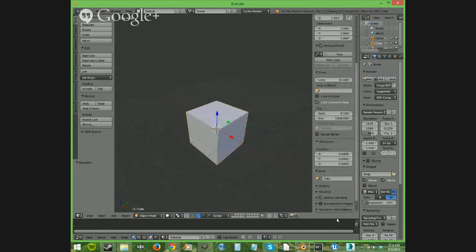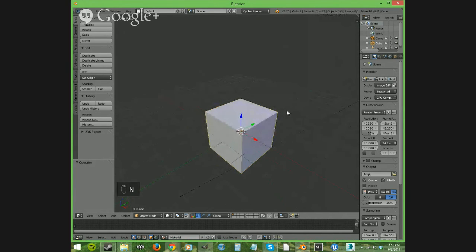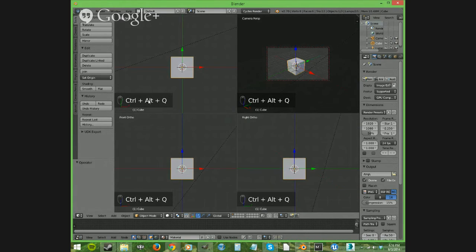Now this one's a bit more difficult. Let me turn on screencast keys real quick. Don't worry about what I'm doing. Worry about it right now. I'm going to hit Control-Alt-Q. Now you can see the buttons that I just hit